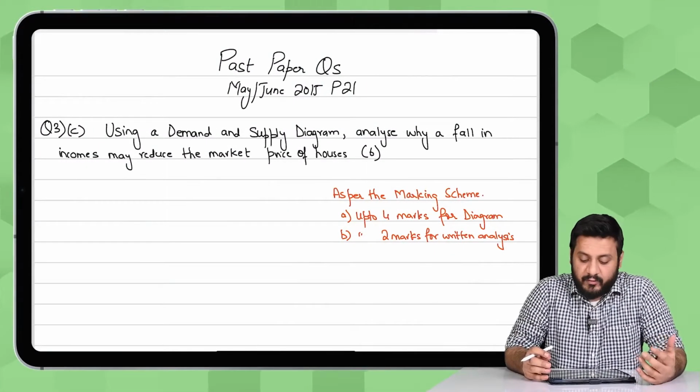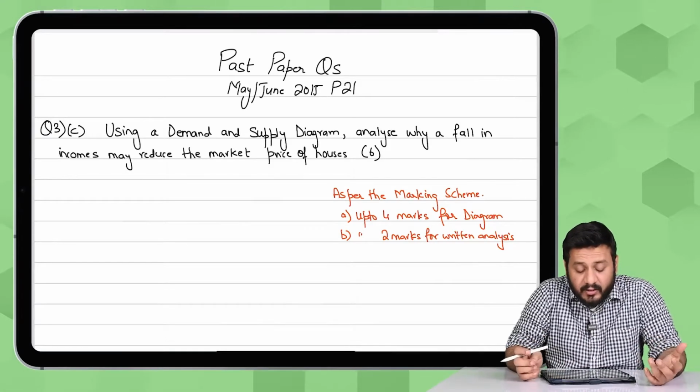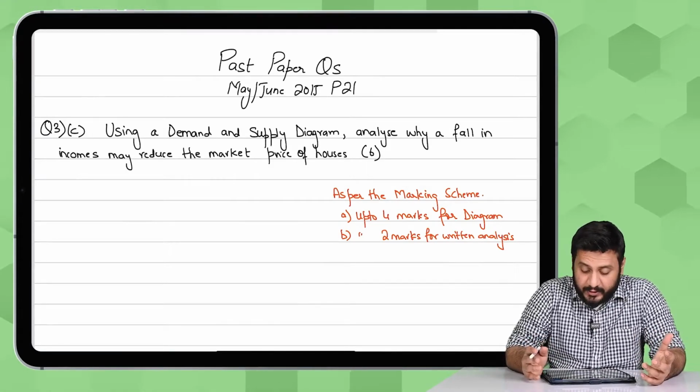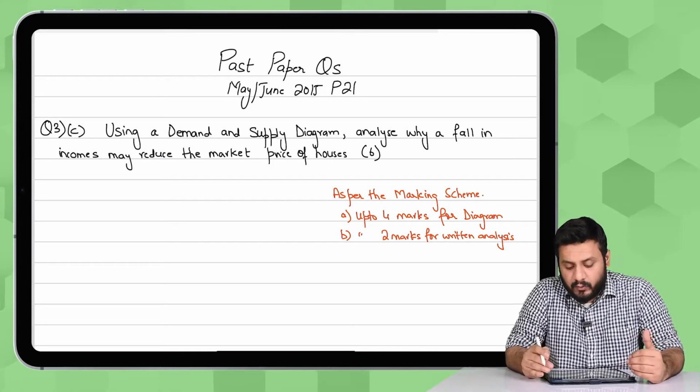Hi students, in this video we're going to be solving a past paper question that asks you the impact on the market price and the quantity being traded after a change in demand. It's a question from June 2015, paper 21, question 3, part C. It says, using a demand and a supply diagram, analyze why a fall in incomes may reduce the market price